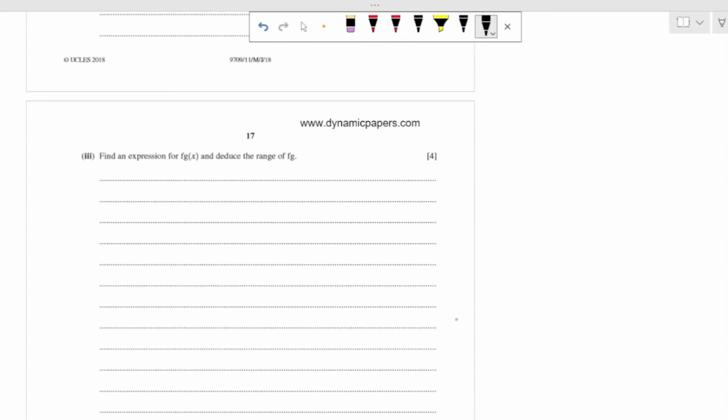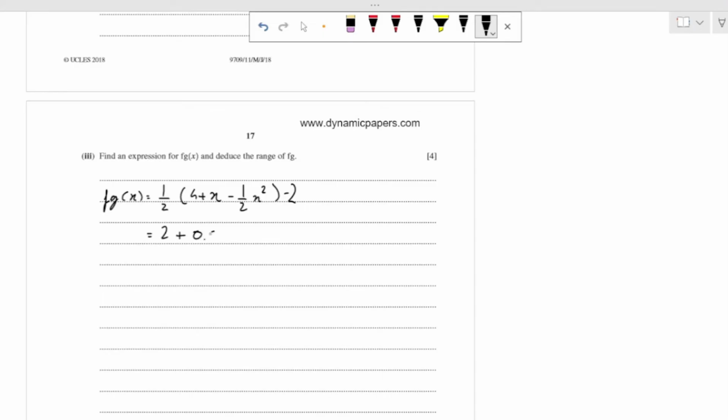Part 3. Find an expression for fg(x) and deduce the range of fg. So it's a composite function. We can start by putting the function g into f(x), 1/2 (4 + x - 1/2 x square - 2). When we simplify this, we get 2